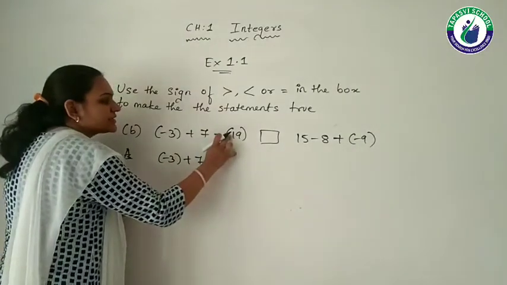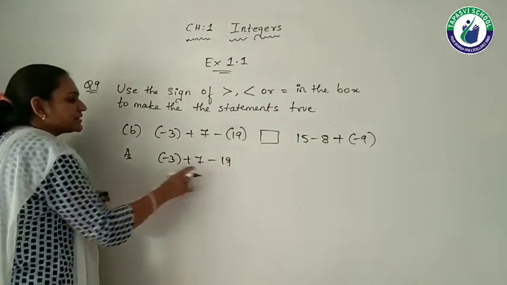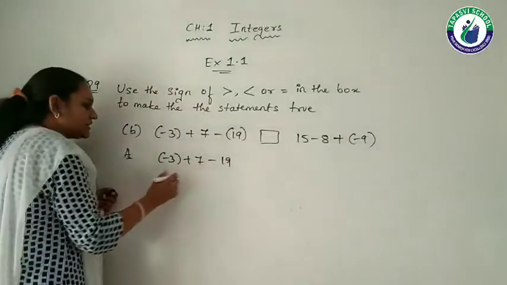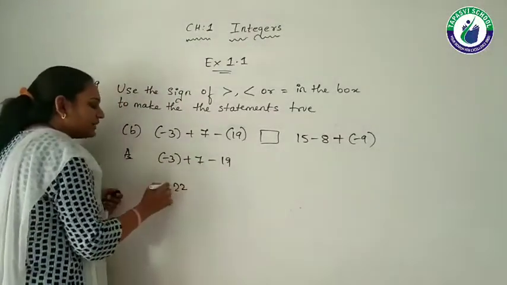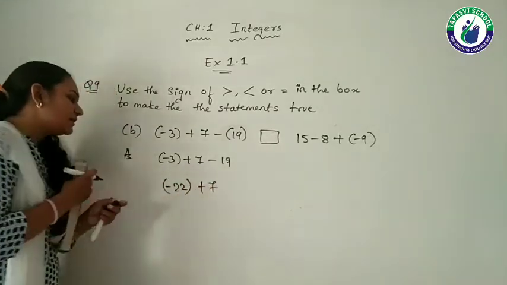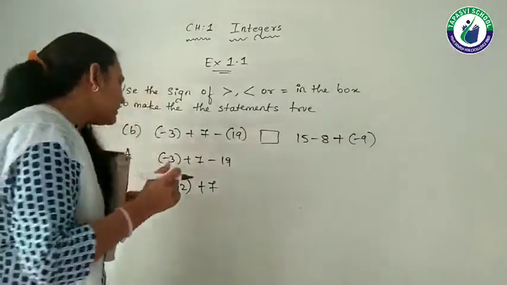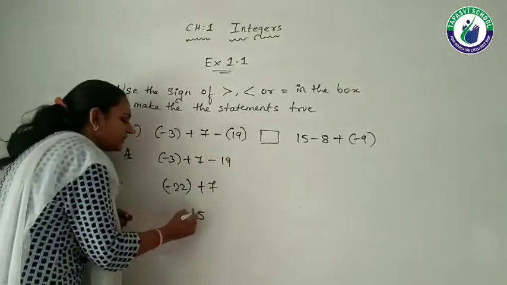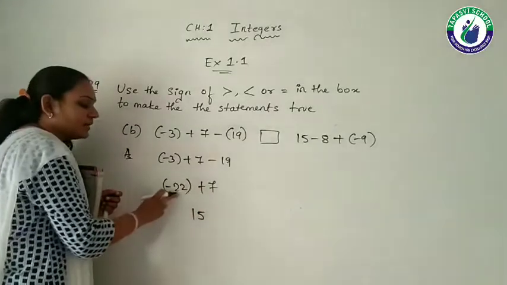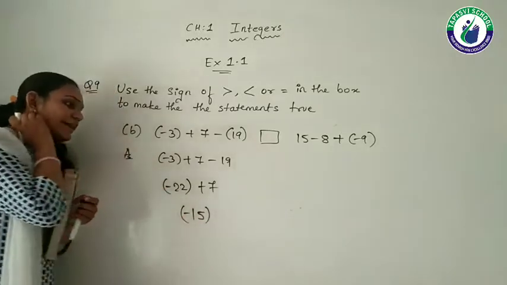Minus and inside it is plus, so minus plus is minus only, right? Now these two numbers are negative integers, so I can add them. 3 and 19 is 22, and both have the negative sign, so I give the negative sign. Now plus 7. This one is negative, this one is positive, so we do the subtraction. 22 minus 7 is 15. Clear? Out of these two numbers, which one is greater? 22. So I give the sign of 22 to this 15. So here it becomes minus 15.